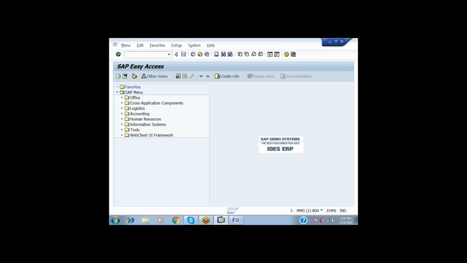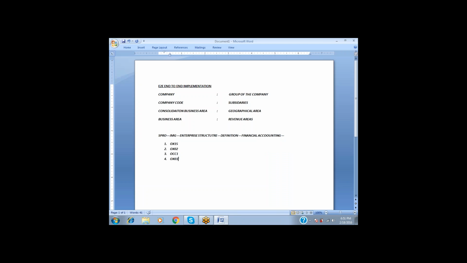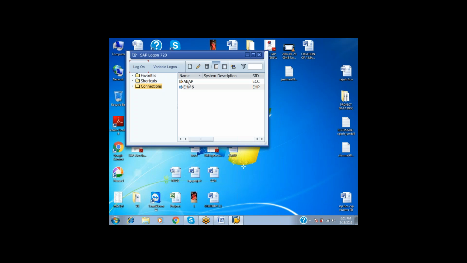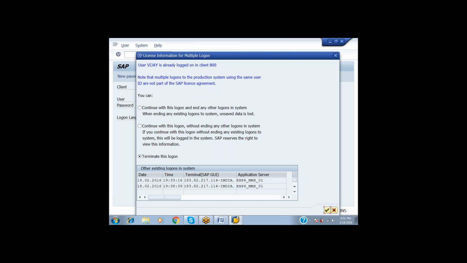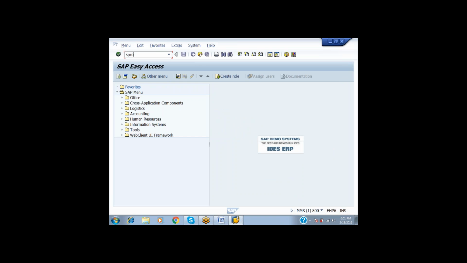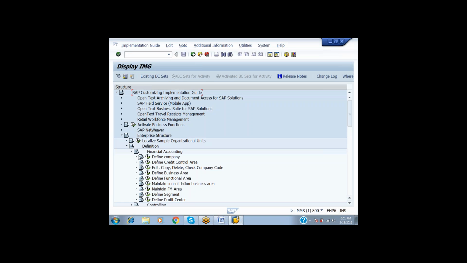Let me check how it works. SPRO, IMG, enterprise structure, definition, financial accounting, define.